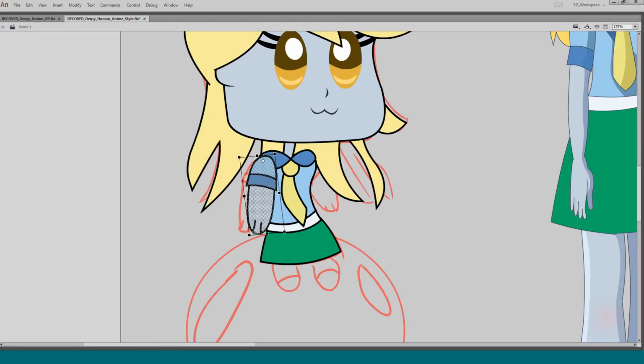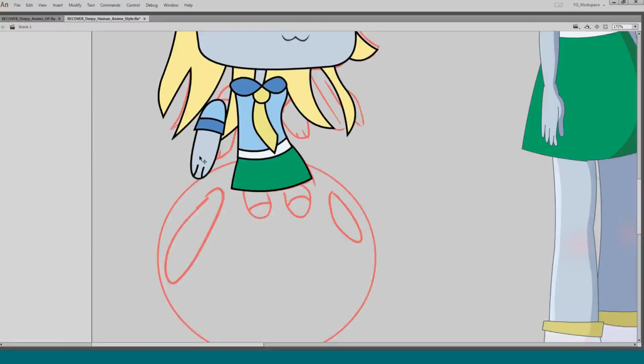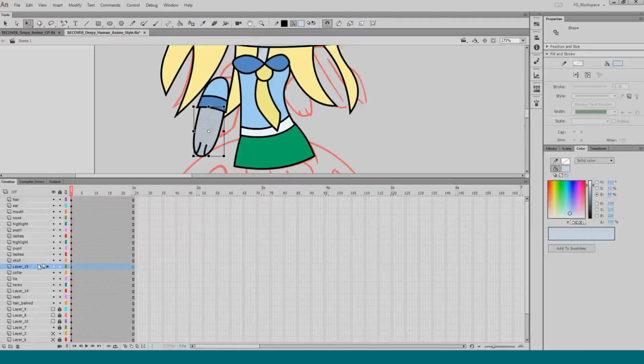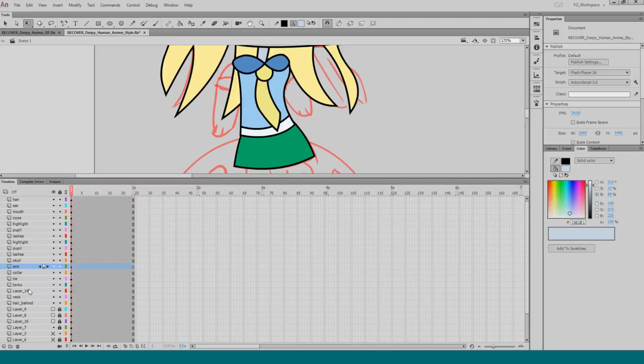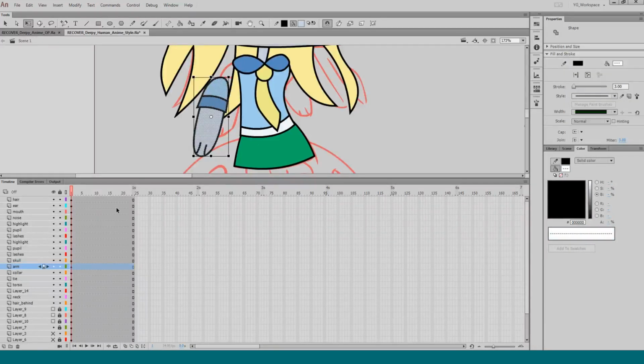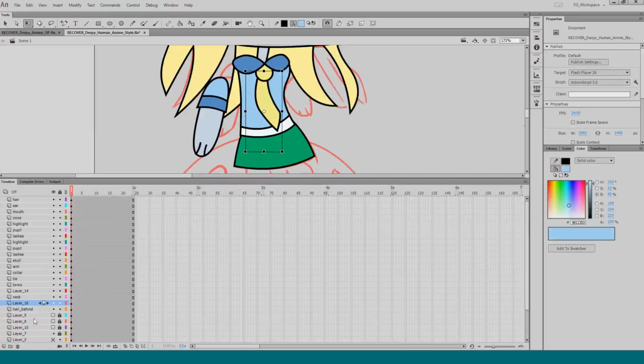Okay. Oh yeah, that's what I wanted. I wanted her to kind of lean back and hold on to the bubble. Okay. So I think that's pretty good. I think I'll just copy this whole layer as arm. And copy. No, that's destroy. Copy. And then below everything else. Yeah, behind. Between here and there.